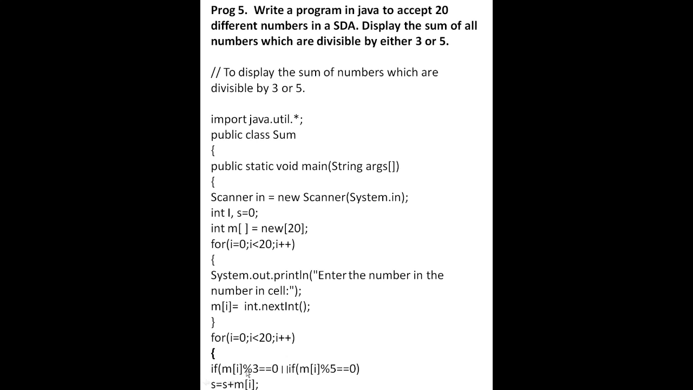the condition. If m divided by 3 and the remainder becomes 0, and this is the sign for or, because we are using 3 or 5, so this is the sign. We have used that logical operator, and for and this, we will use for or, so we are using that logical operator here. If m divided by 5, then the remainder will become 0, then s is equal to s plus